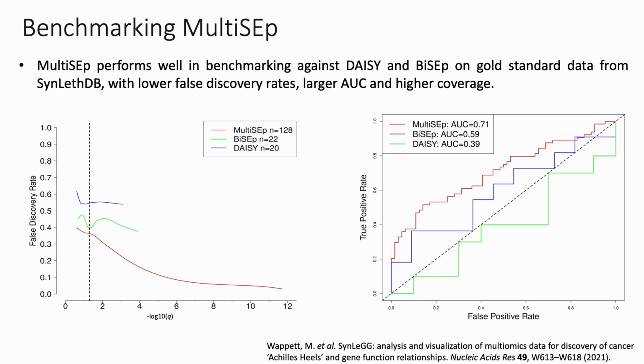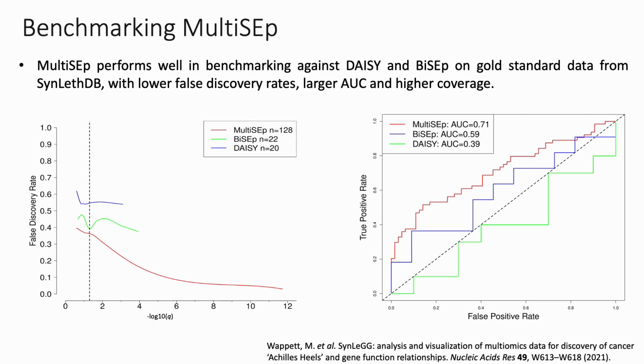This was using gold standard data from SynLeafDB, which is a comprehensive database of curated synthetic lethal interactions with a confidence score. Importantly, from these graphs, it shows that MultiSEp outperformed both DAISY and BiSEp. MultiSEp had lower false discovery rates, a larger area under the curve, and higher coverage for predicting synthetic lethal